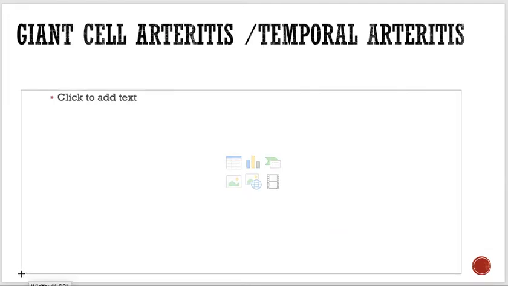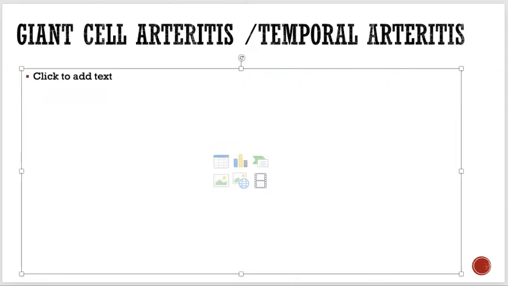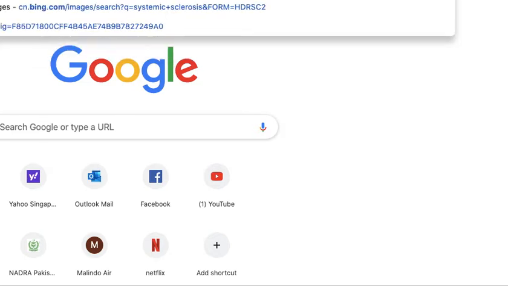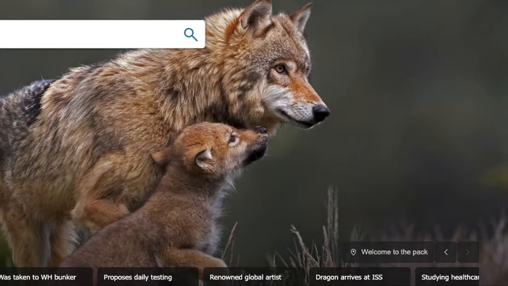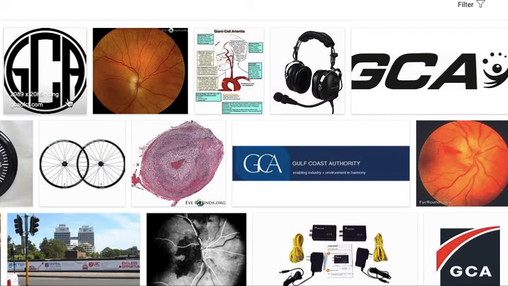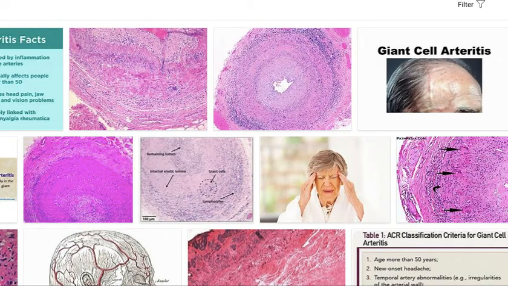Now, giant cell arteritis, guys, it's again a very, very interesting condition. If you ask me the importance, I will say that of all the things which we have covered now, this is the most important one. So GCA, giant cell arteritis, you can see over here. Now see,